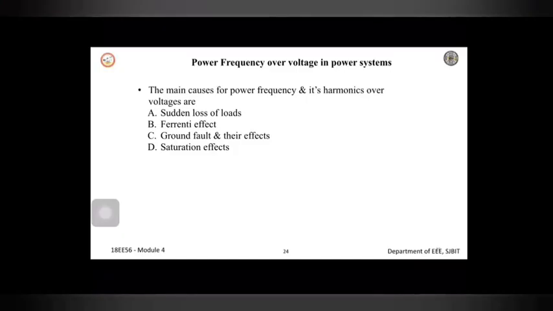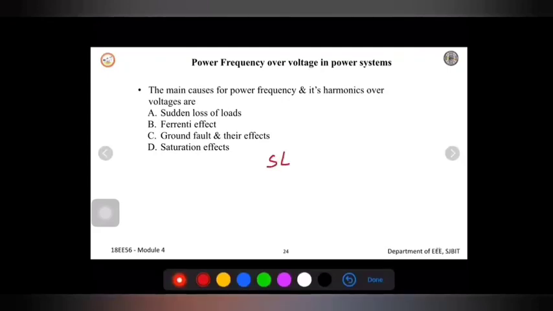We can say LG fault is nothing but SLG fault, single line to ground fault. So whenever we take this single line to ground fault, there will be a rise in voltage in the other healthy phases. So let me take three phases R, Y, B. Now I am assuming that one of the phases is connected to the ground, one line is having a fault. Because of this single line to ground fault, what happened is that in the other two phases